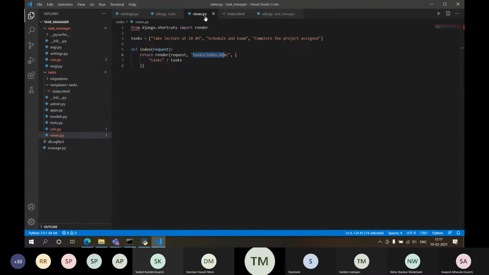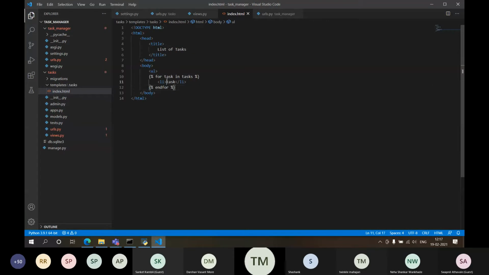Now this is going to give us the list of tasks. What I'm doing is just passing the list of tasks from here. Schedule an exam, let's correct our mistake. I'm passing a tasks list from here. In the index, I'll get this particular task list, iterate over it, and fetch one task from it, and this li will be displayed. After that, let's close this ul. Right now, my task list should get displayed.